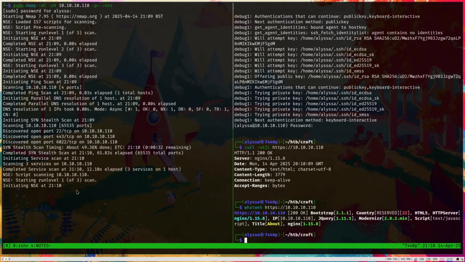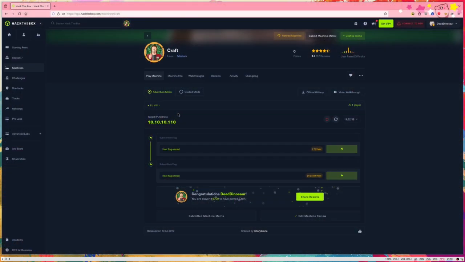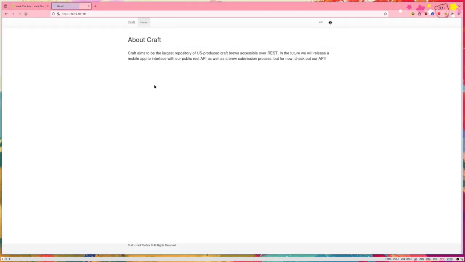It's fairly neat. We got something called Bootstrap. Oh, well, I know what Bootstrap is. We got jQuery. I was going to say something called Modernizr. I guess some kind of framework or CSS type deal. Anyway, so moving on, we can go to the website itself, and it will read, Craft